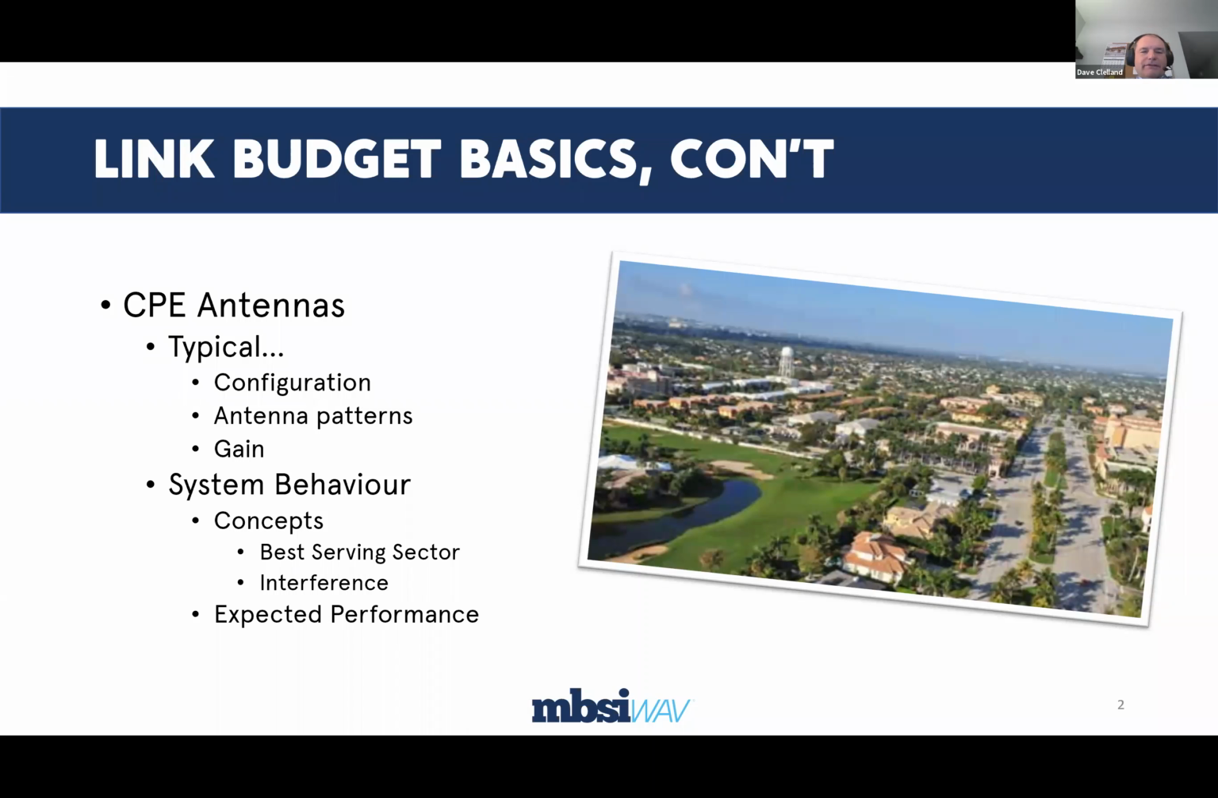So still on the topic of link budgets, this is just another facet of link budget. We want to talk about the CPE antennas. Typically, they're directional antennas. They have some sort of gain. They have usually quite a tight antenna pattern, although in the case of indoor Omni devices, that's not the case. But we're going to talk about outdoor devices here, since that's predominantly what we do here in the